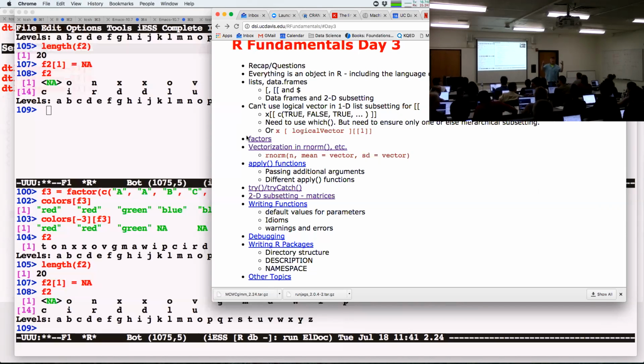These are called arrays. You would construct them with the function array. You just give it a big bunch of numbers, these are all the contents, and then you tell it the dimensions. The dimensions is not 2 dimensions, the number of rows and columns, but actually a vector with as many dimensions as you have. They're again stored column-wise, so you have to understand what that means. And then when you start subsetting, remember I told you you have 2-dimensional subsetting, you subset by the rows and then the columns. Well, now you have 3 dimensions.